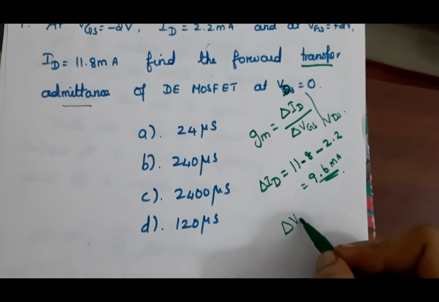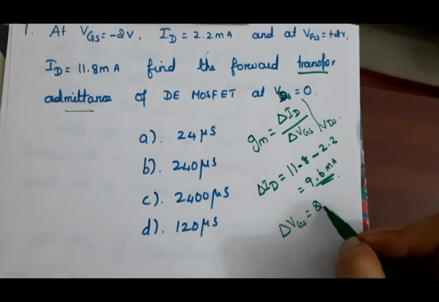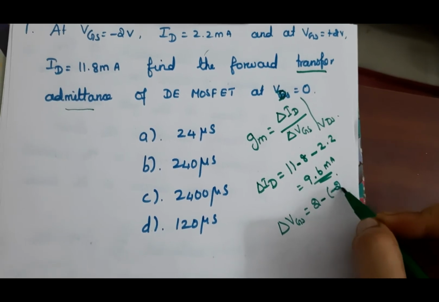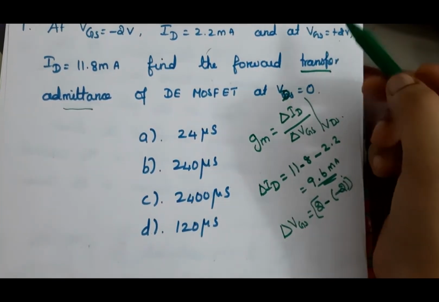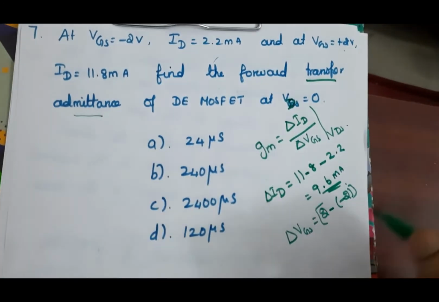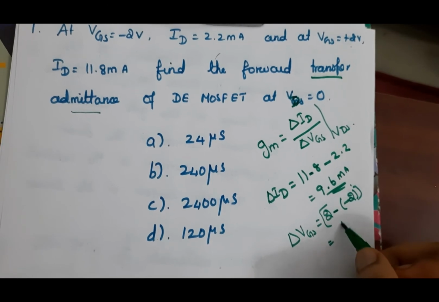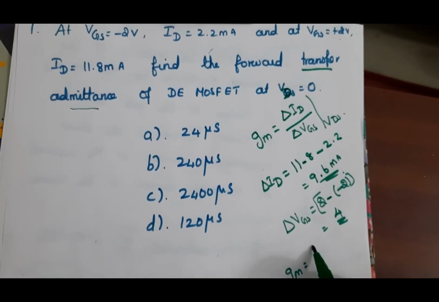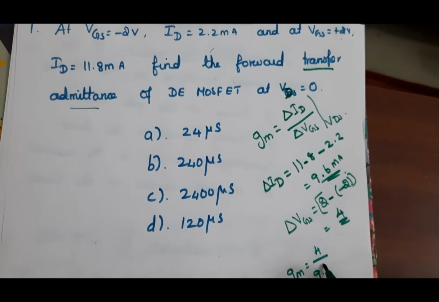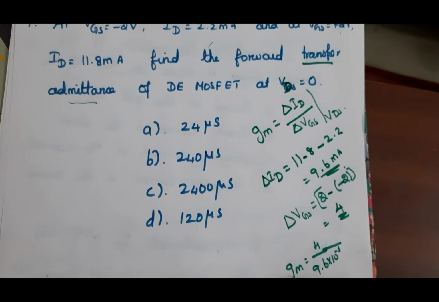Similarly, we can find the change in voltage, that is equal to 2 minus of minus 2. So this is plus 2 volt and this is minus 2 volt. So the change here is 2 minus of minus 2, that will give us 4. So now GM is equal to 4 divided by 9.6 into 10 to the power minus 3. So solving this, we will get